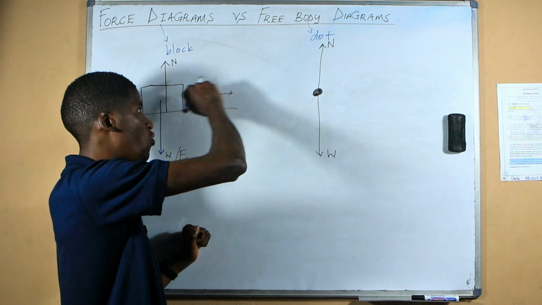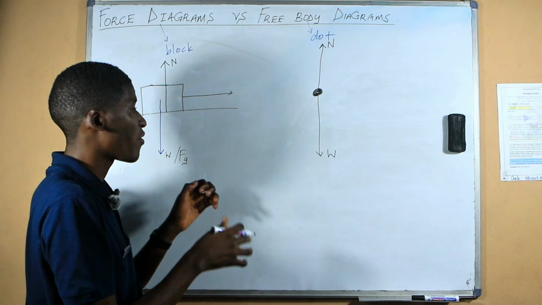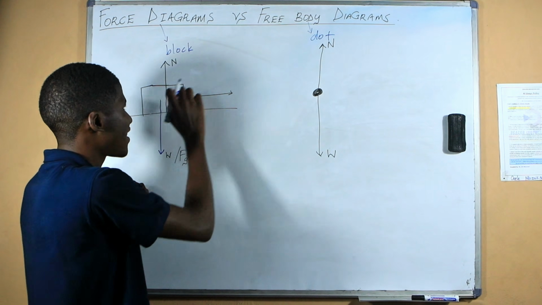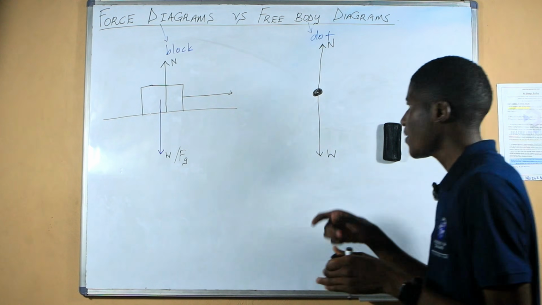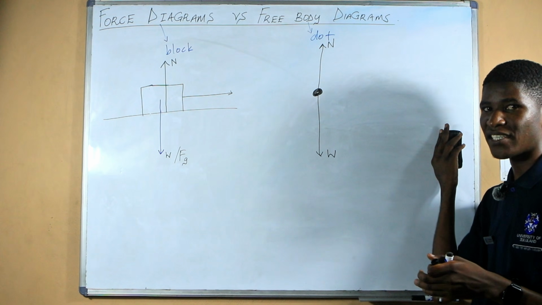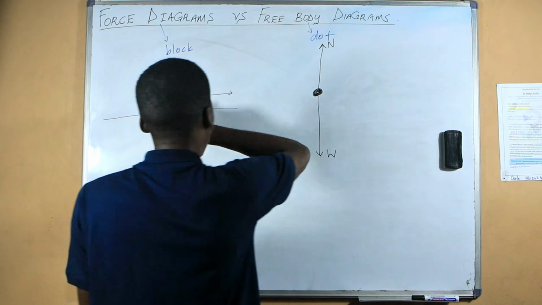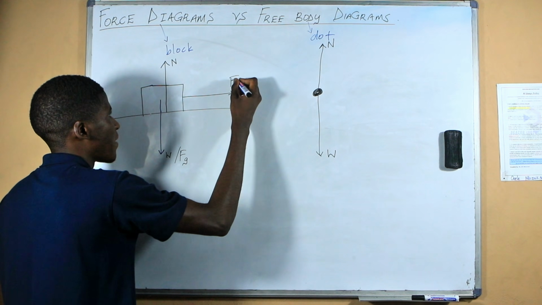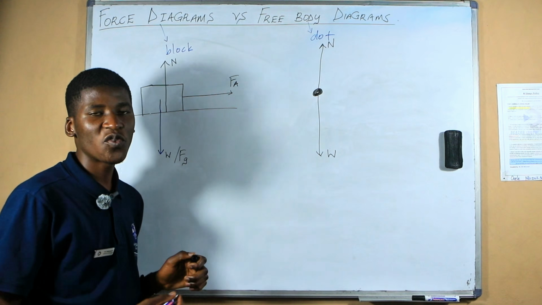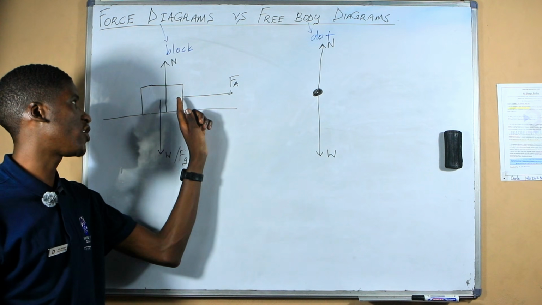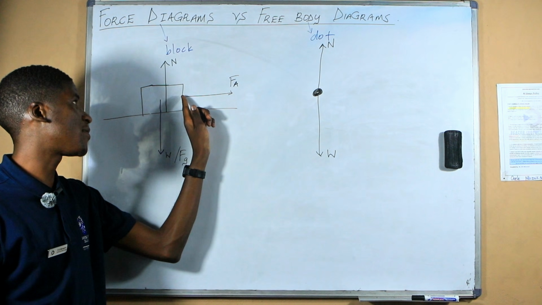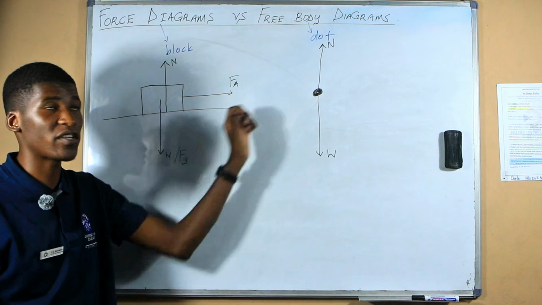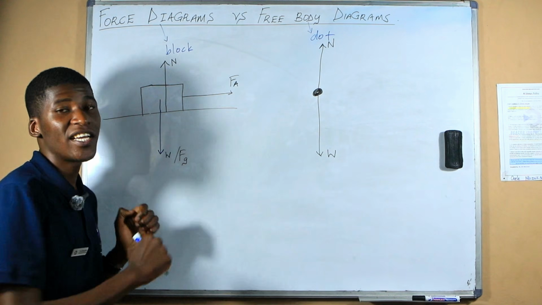Either you are pushing it or you are pulling it. In this case, I'm pulling the object. It's like I'm here and I'm pulling this object in this direction. So basically, I'm applying a force in that direction. Let me just say that this is my force applied. So in a force diagram, whenever I show the force, I'm going to show that this is a pulling force, because it's moving from the object and going away. So it means that I'm pulling the object to the right.